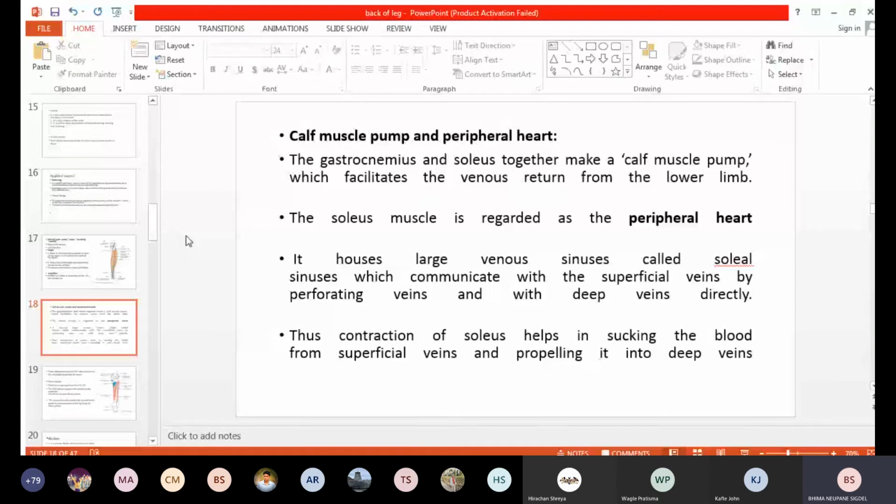So now the calf muscle pump, or the peripheral heart. Calf muscle pump means the gastrocnemius and the soleus together. They form the calf muscle pump, which helps in the venous return from the lower limb. That is about the calf muscle pump. Okay. Now the soleus muscle is also, I think you have heard this term already, the peripheral heart. The peripheral heart of our body is the soleus, because